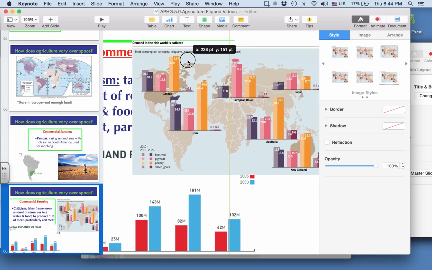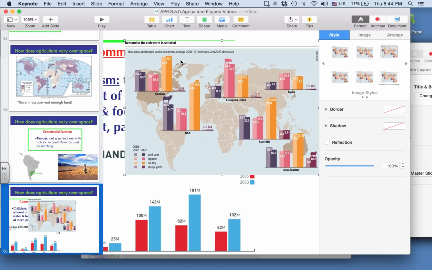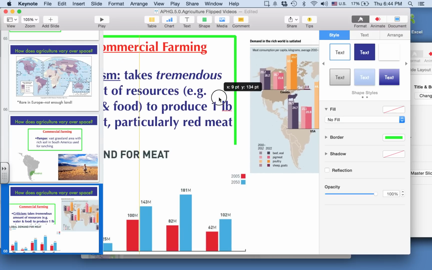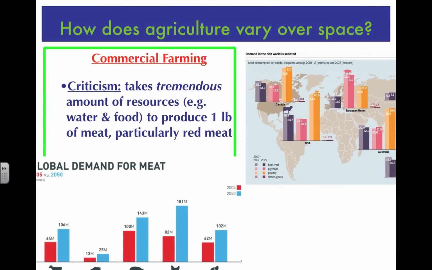But it's not just China. That's not to simply pin this on China in any way, shape, or form. The entire world is eating more and more meat, and what that means is that one of the criticisms or one of the problems of that meat demand is that it takes a tremendous amount of resources, both water and food, to produce one pound of meat, in particular red meat. What I mentioned at the beginning about mixed crop and livestock farming, there's a direct connection between this global demand for meat and the next type of farming we're going to discuss,